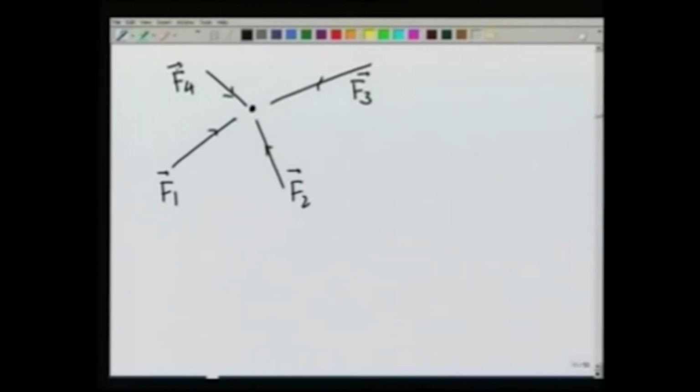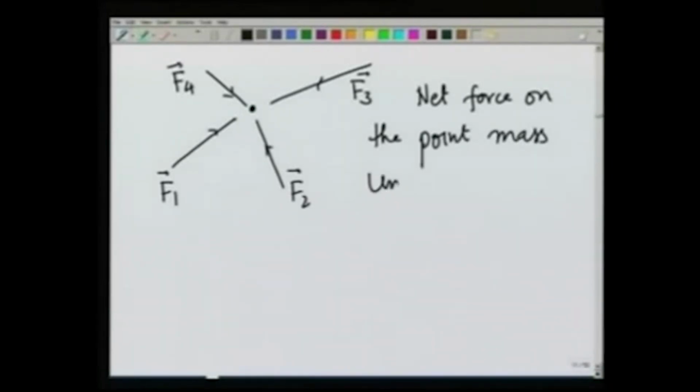If the body does not move and its acceleration is 0, that means the net force on the point mass under equilibrium is 0,